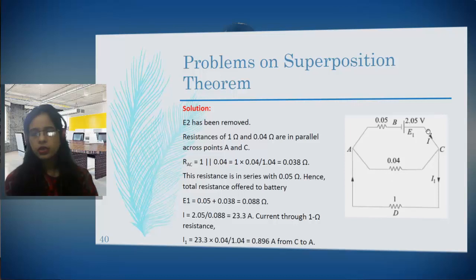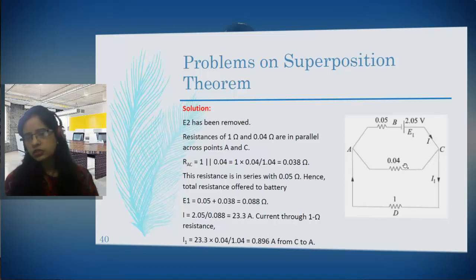So this is the current flowing, this I1. This is the I1 current, I current flowing, okay? Now we need to find out I1, because we are asked to find out the current flowing through this. So again, this current I will be divided into 2. So the total current I, that is 23.3